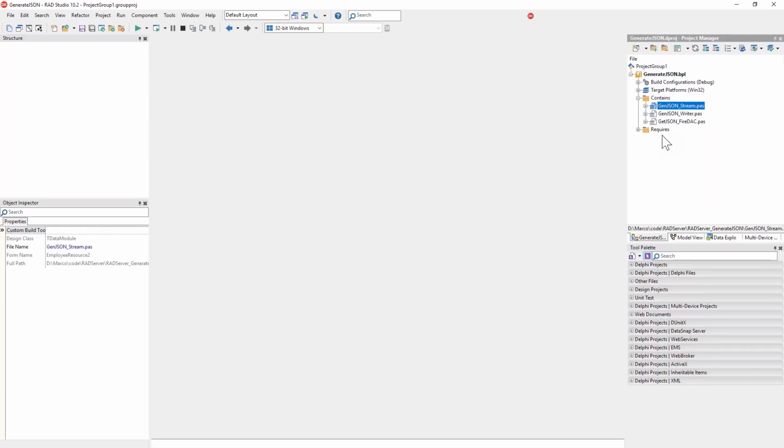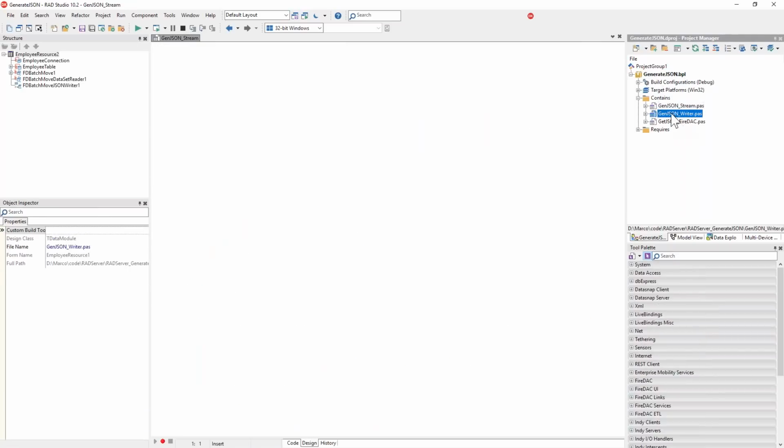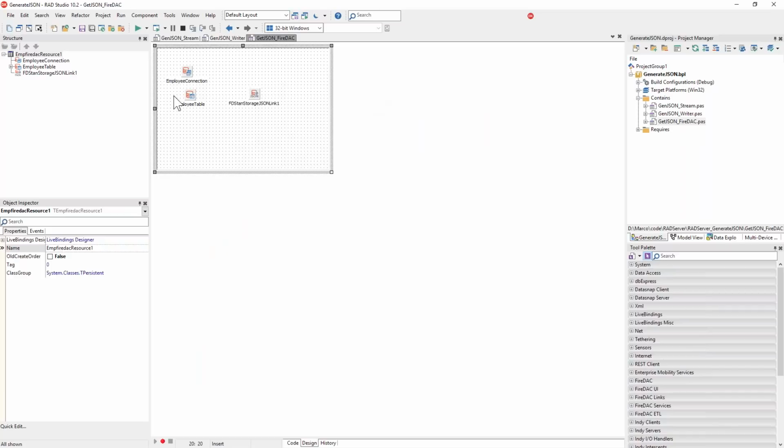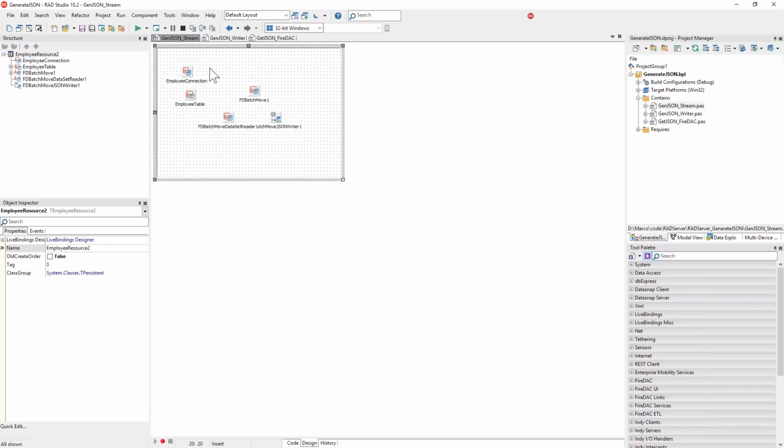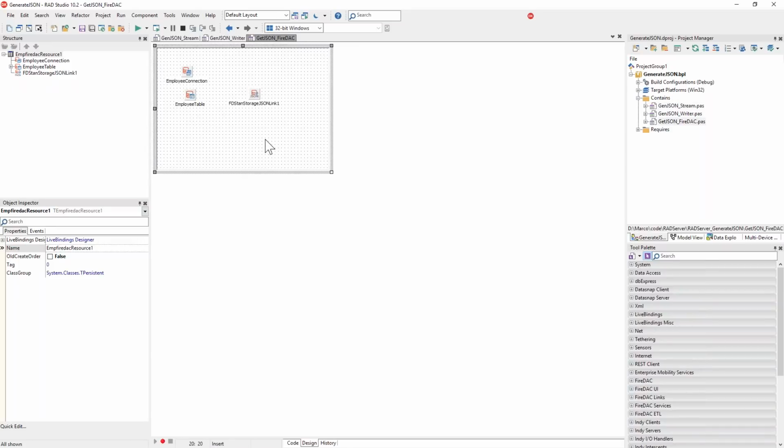So this is a slightly different approach. As you can see, I have a single package, but I have multiple endpoints implemented, each with the same database component because I've been lazy and just copied them over. But this shows different ways to implement something similar in terms of result. And I don't even have a client. I'm just going to show how you can see the resulting JSON in